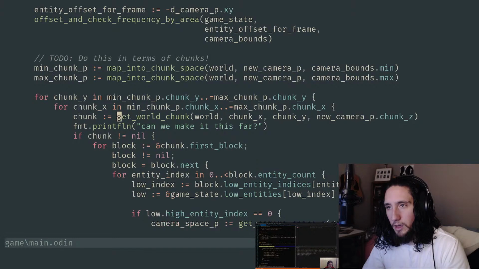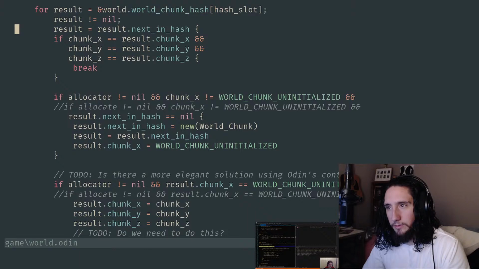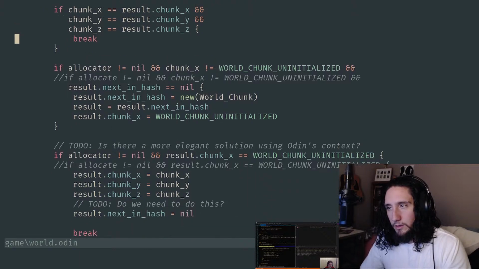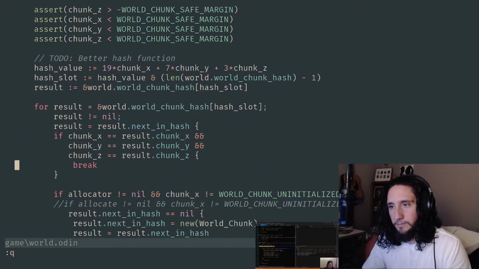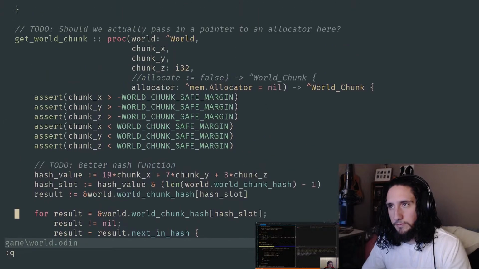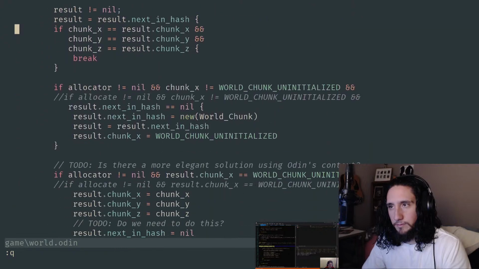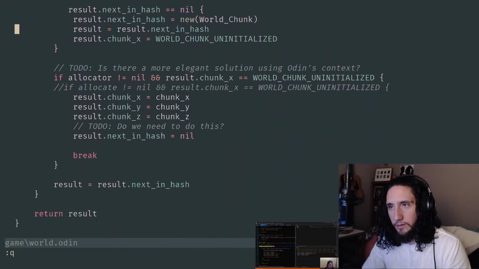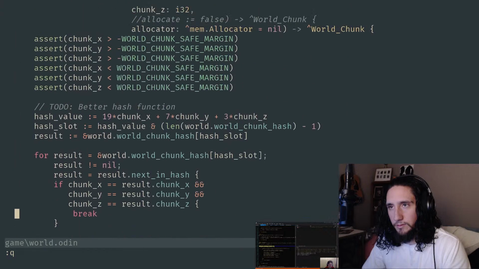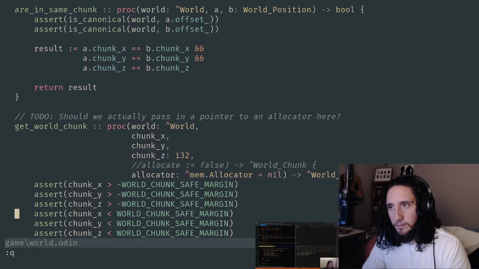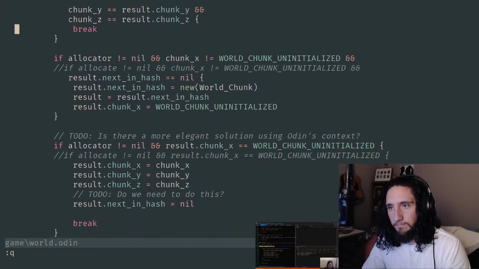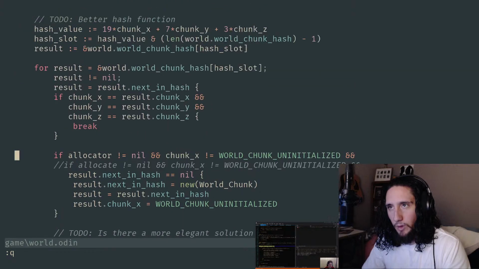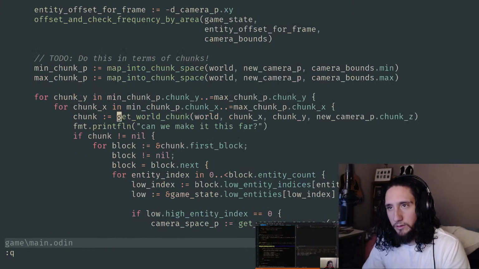G game main. Yeah, so it's in here that the failure is happening. Huh. So we can't even... Where is this first being called?